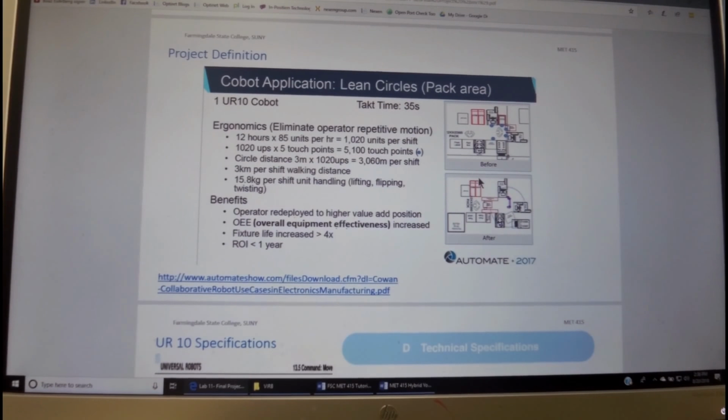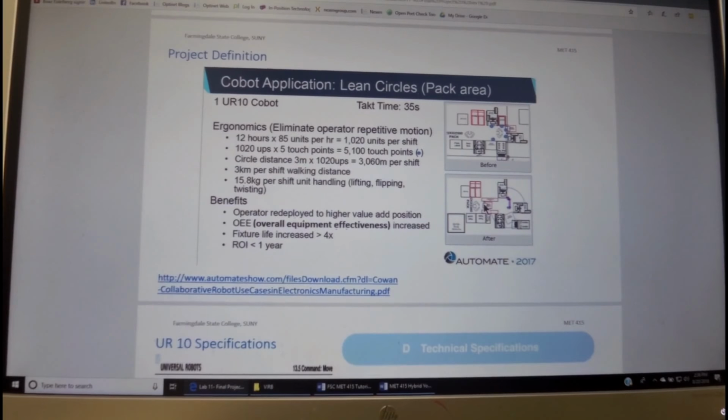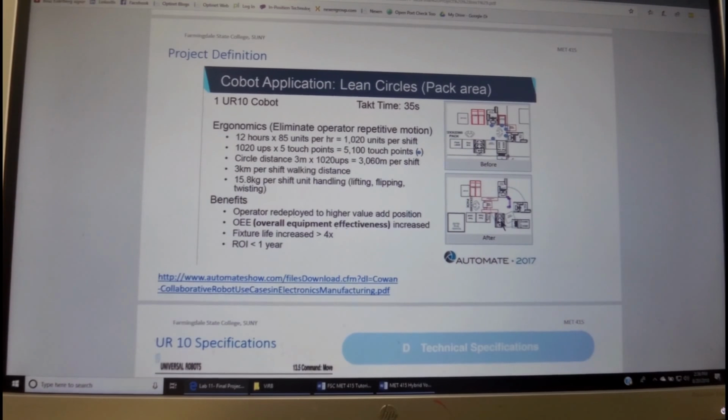Parts will be coming in on an incoming conveyor. The human operator will present it to the robot. The robot will pick the part and present it to one machine. It will also circle the parts throughout all the other process machines, and when the part is done, it will be placed in front of the human operator.